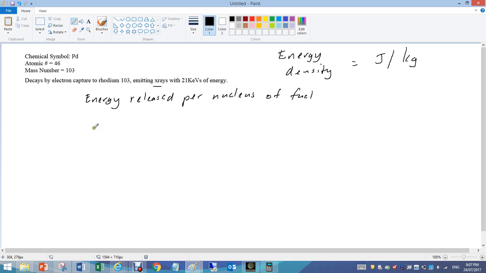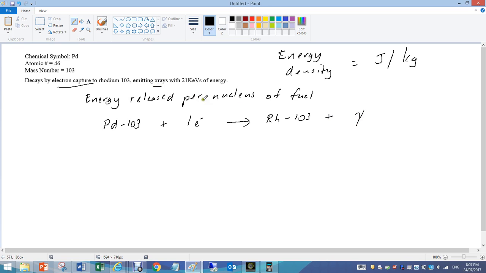Okay, so we'll write our reaction first. The nuclear reaction would be palladium 103 plus 1 electron, because it says electron capture. That's how it decays. Makes rhodium 103. Okay, plus it gives off X-rays, so we'll just say it gives off, like when it says gamma radiation,